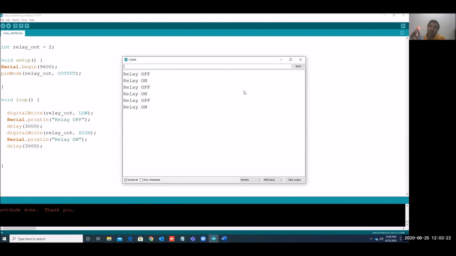So usually we are not using the relay alone. We have to use some sensors. Like if any obstacle comes, if we are connecting an IR sensor, then it triggers the relay. There are so many cases in which we are using the relay combined with sensors. Okay, so based on the sensor input only, we are triggering the relay. So this is how we can interface the relay.